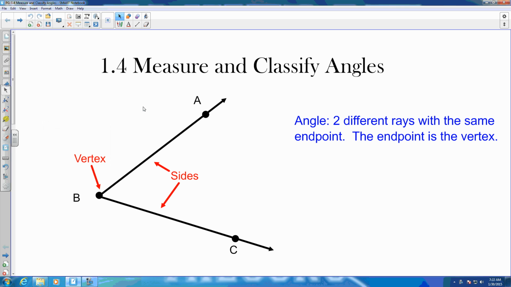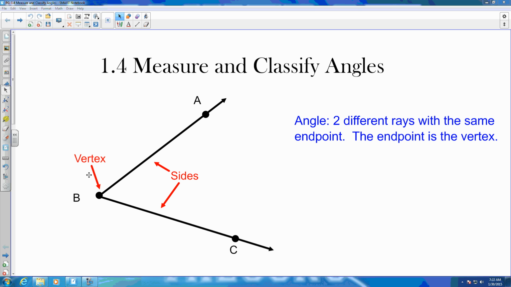Alright, we are in section 1.4 where we get to measure and classify angles. Now, by definition, an angle is two different rays with the same endpoint. That endpoint is called the vertex. So, if you're looking at this angle here,